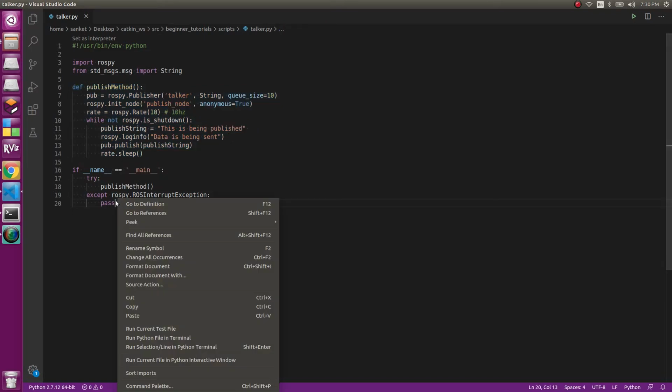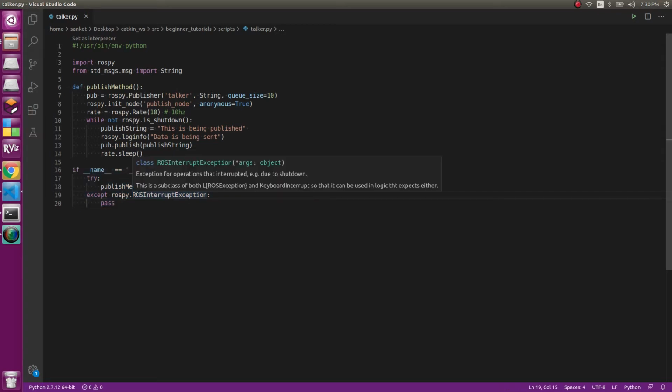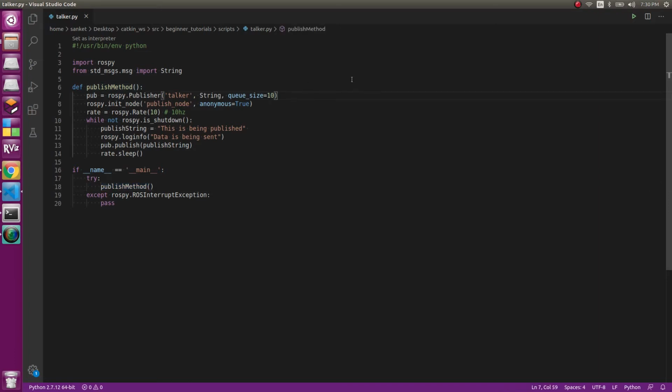But before going to that, there is a very simple thing we need to do to make sure that whenever we break the connection, we have a try and except, so that when an interruption happens, you don't get an error. When you are inside the main file, you call this publish method, and the first thing it does is define the publisher.